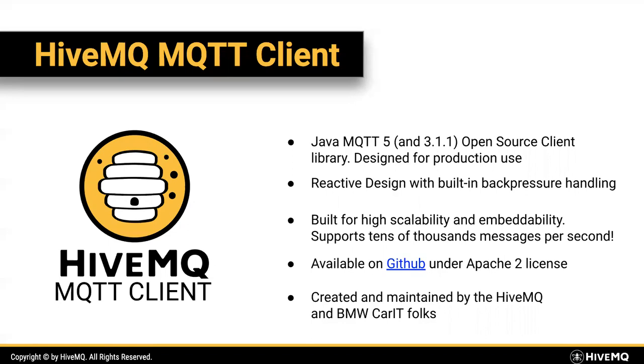So this is something which is used in production, which is used in mission critical systems, and it supports MQTT 5 from the core. It was designed for MQTT 5, but of course also supports MQTT 3. But all the APIs are designed for MQTT 5. So if you're starting a greenfield project with Java, take a look, or wait until the Paho library. If you're a Paho user, I think they look for testers. So also testers. I would be very curious to hear. I know a lot of production deployments with the HiveMQ MQTT client.